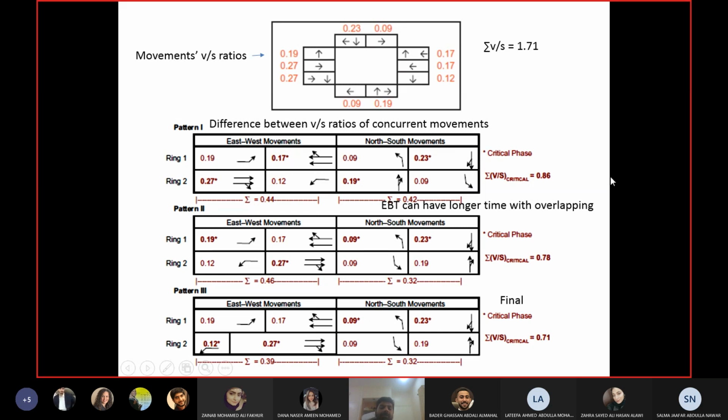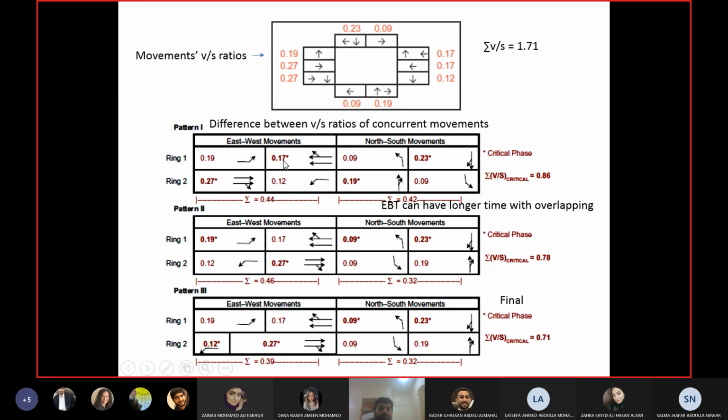Now I told you yesterday that normally we try to bring the... so these are two lane groups happening. Okay, in this phase, out of these two, this one will be critical because it is higher. Okay, and this one will be critical here. So in each phase you can identify the critical lane group. Now normally we try to keep the lane groups which have similar ratios together. The lane groups which have similar ratios, we try to keep them together. And you can see here 0.19 is very small, very low compared to 0.27, right?